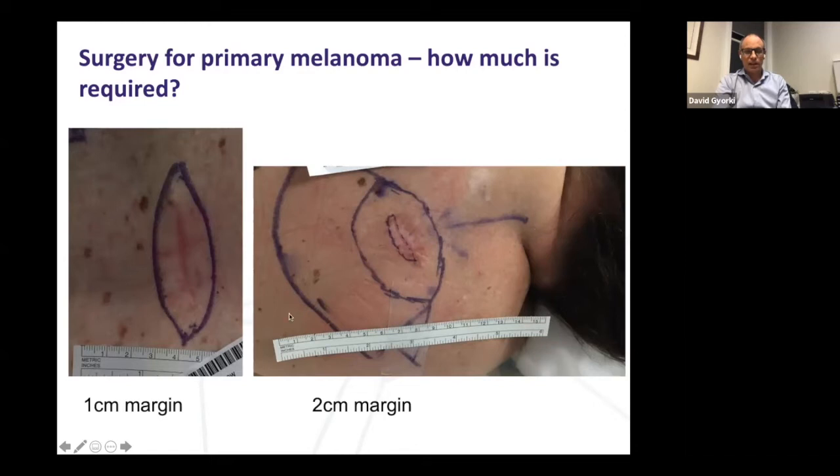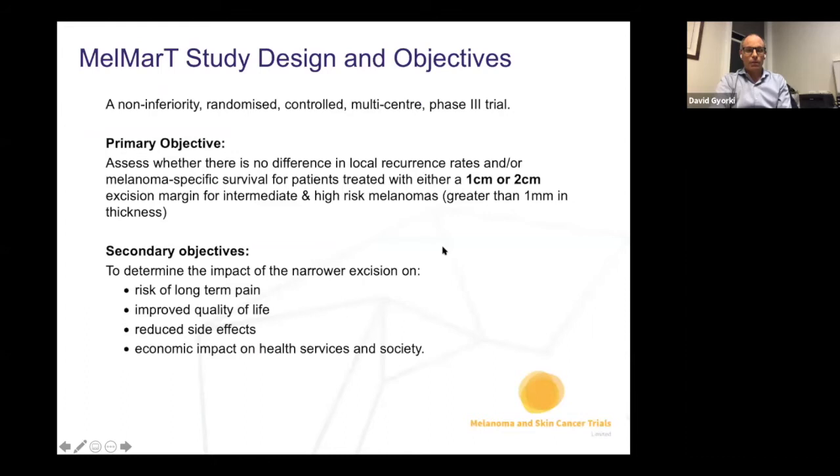In this case, the scale is obviously different, so it's a little bit deceptive putting them next to each other. But this extent of surgery, which is 2 centimeters on either side of the scar, will leave a 4 centimeter defect, and often that is not able to be closed primarily, and so this patient needs a flap to close the wound. And so we have asked the question, as have many others, whether patients really need a 2 centimeter